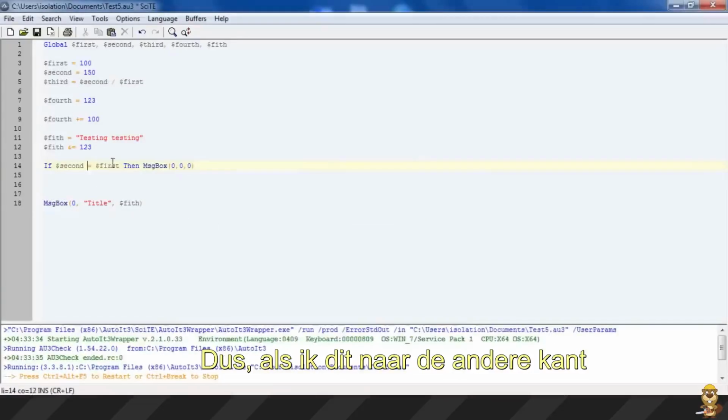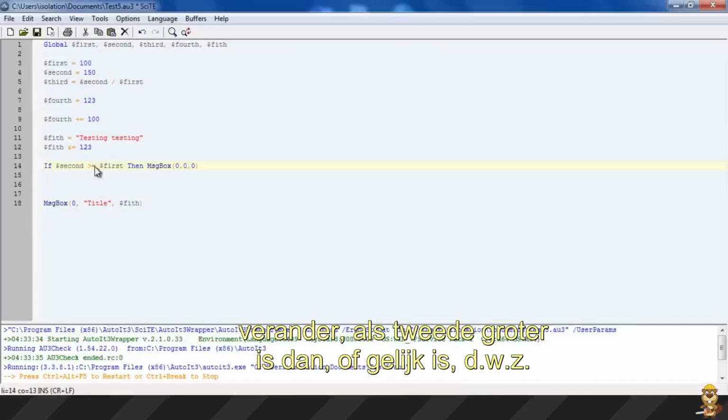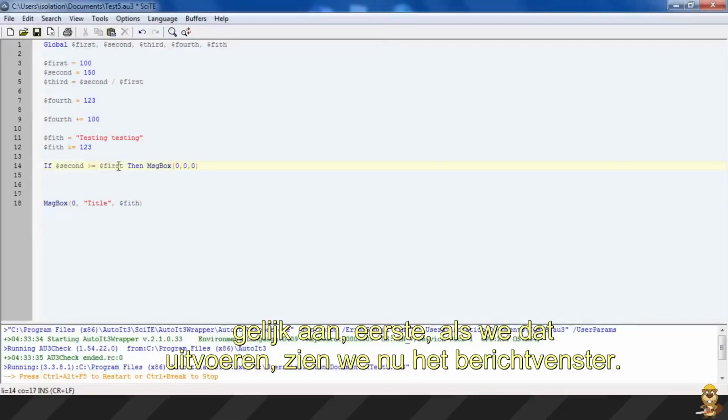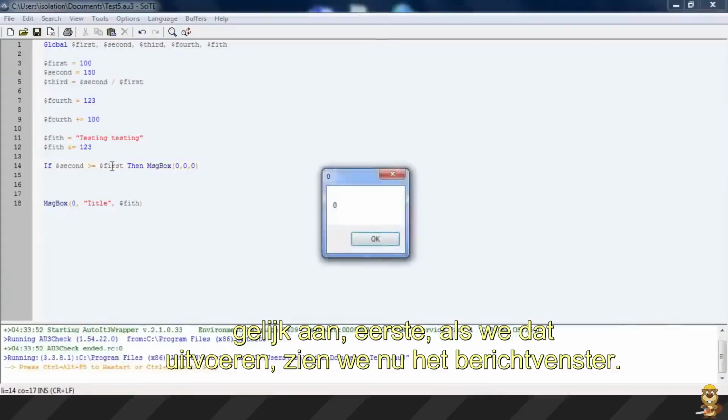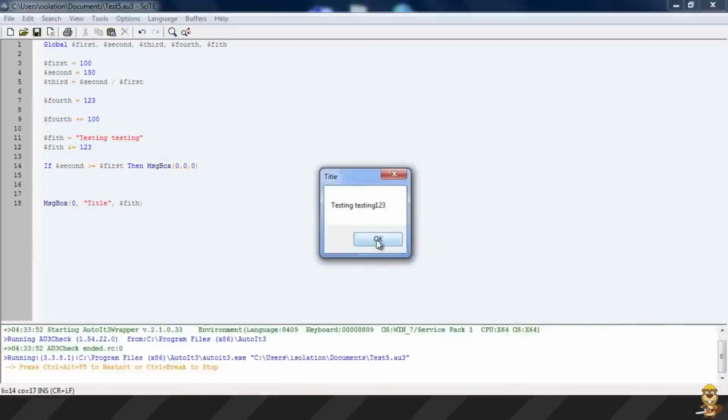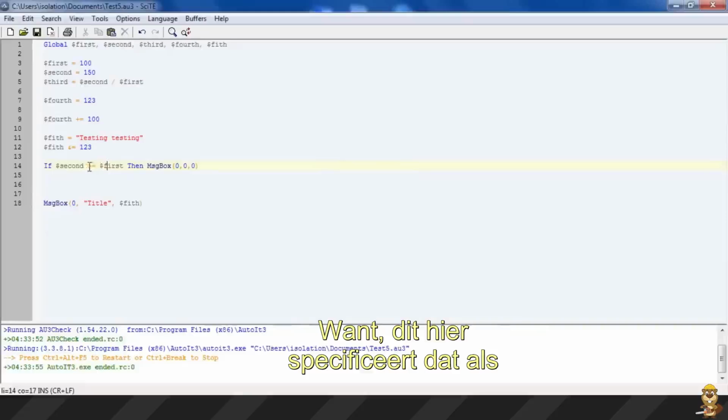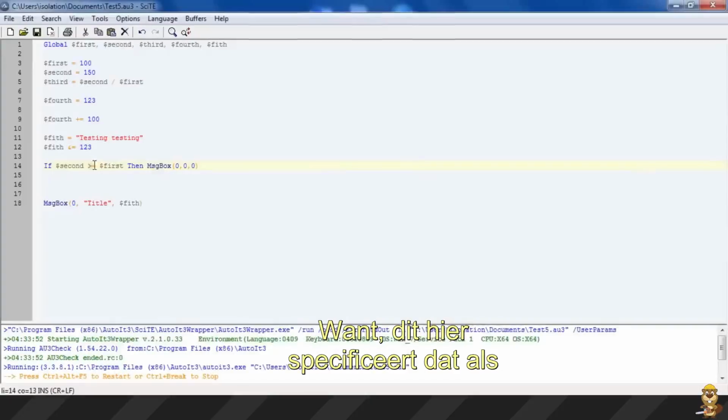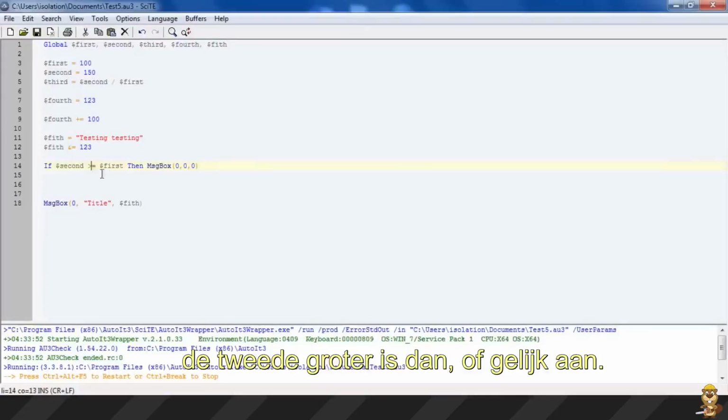So if I change this to the other side, if second is greater than or is the same, i.e. it equals first, if we run that, now we see the message box,